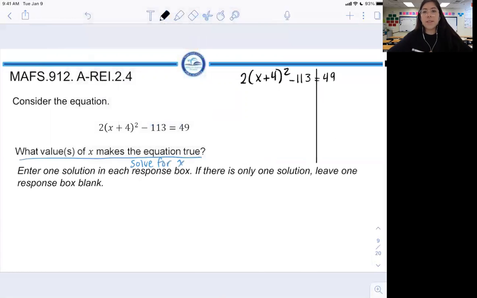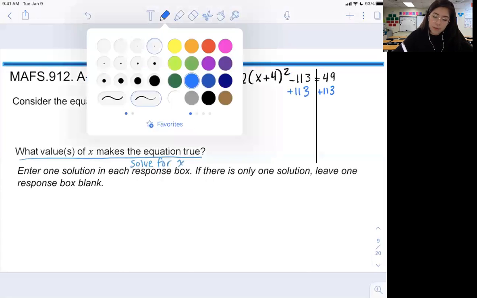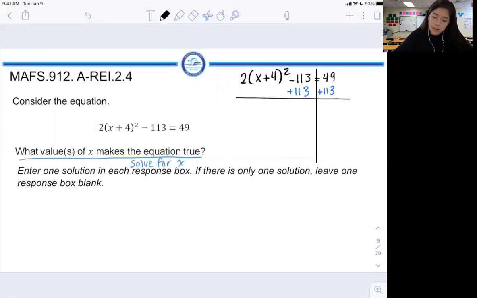Let's solve for x. If I'm trying to get x all by itself, what should I do first? Distribute, divide by 2, then FOIL? I can't divide by 2 yet because that 113 is not being multiplied by 2, so I can't divide it out until I do something else. I'm not going to distribute. We'll just add the 113. You want to get rid of that first because you kind of have to follow